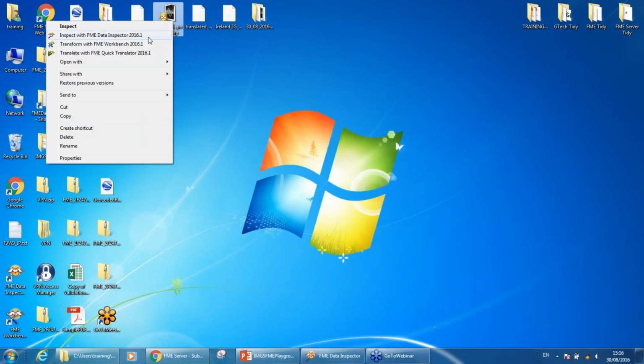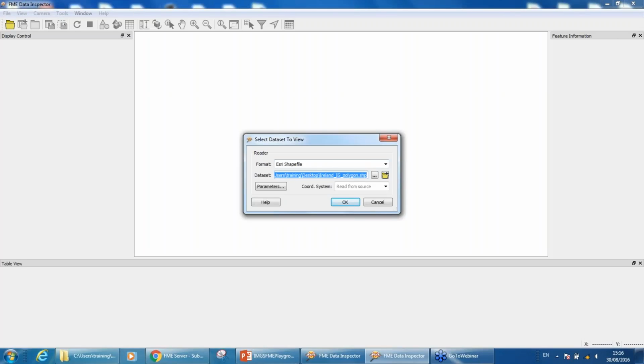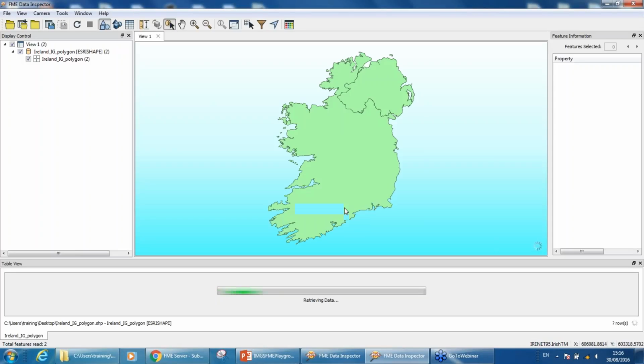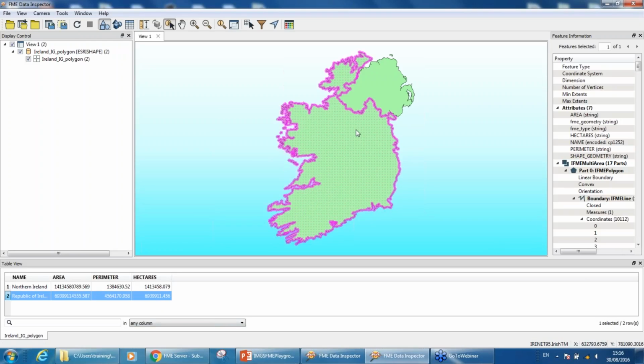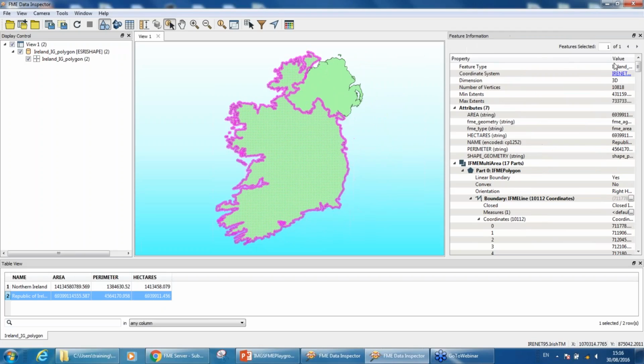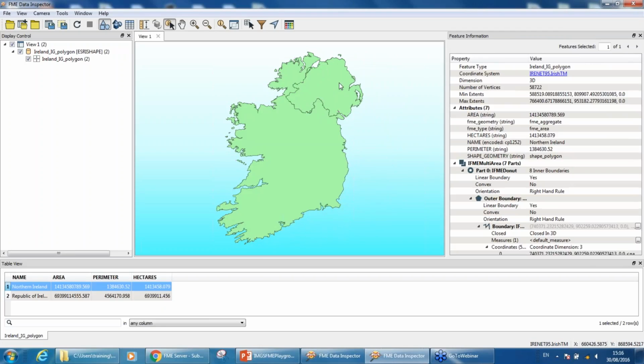And if I open that with my inspector, you can see I have here my output data in my ITM. You can see down here, let me pull that across so you can see, there we go. That was Irish Grid, and now we've reprojected it to ITM,